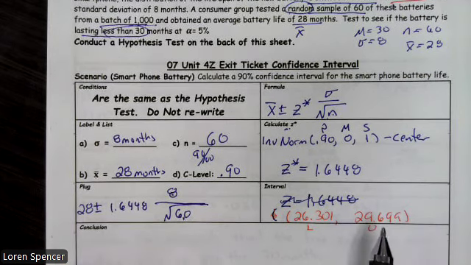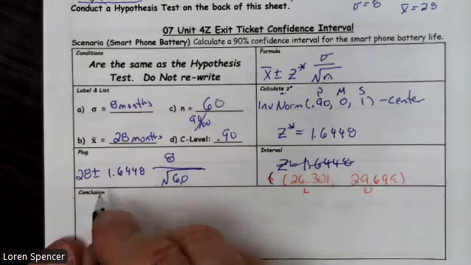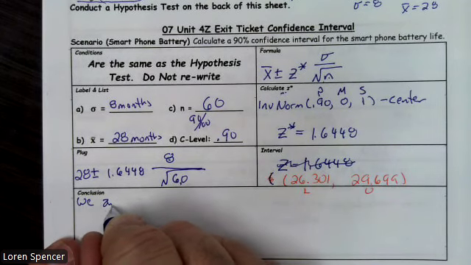But notice that's not the full 30 months. It doesn't quite get to 30 months. So that's interesting. So we can't say 30 months is plausible. It looks like it's less than 30 months. So what are we? Well, we are